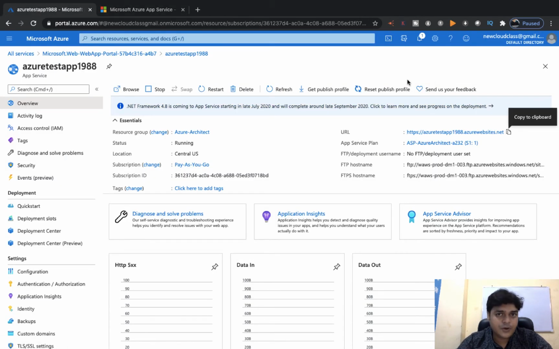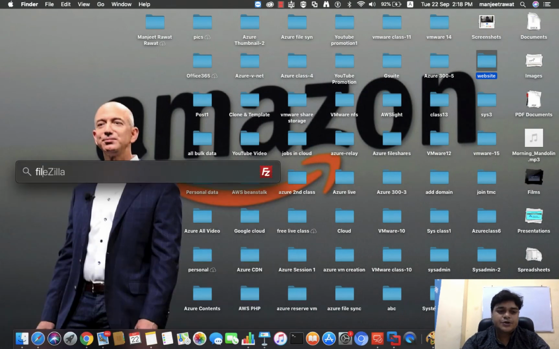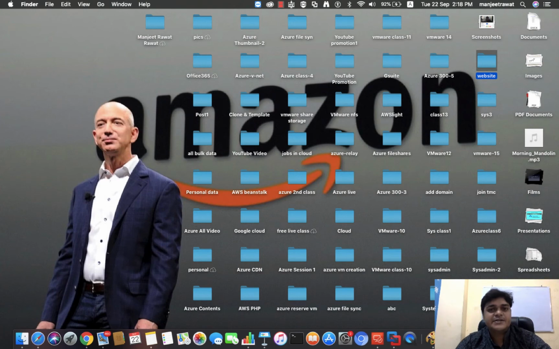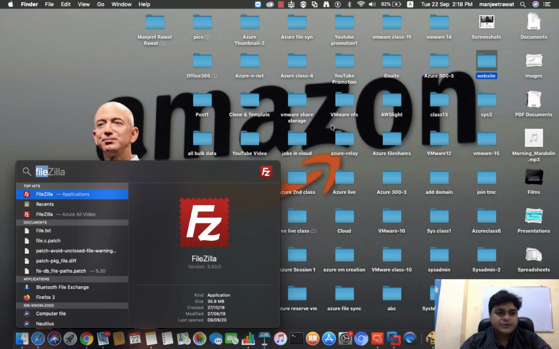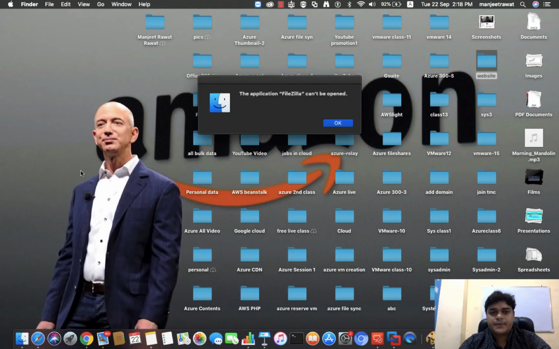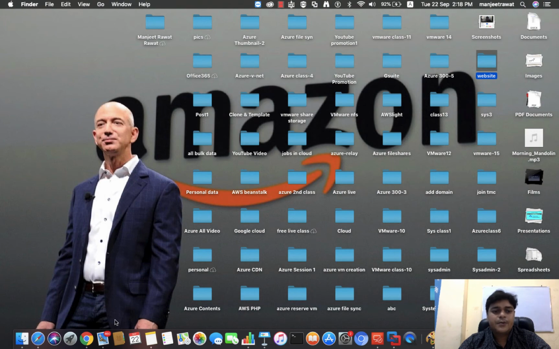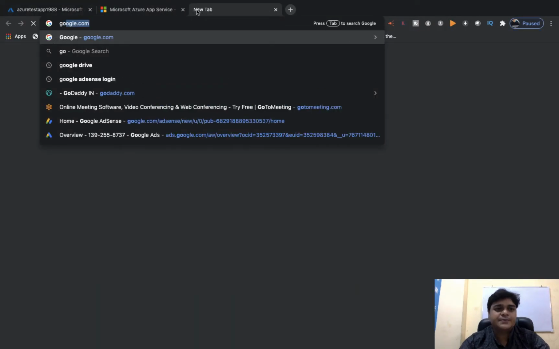So guys, for uploading the data, we need to install a tool. The tool name is FileZilla. I hope all of you know about the work of FileZilla. So I need to check if it is working or not. Okay, no problem. You just need to download the FileZilla tool on your base machine.